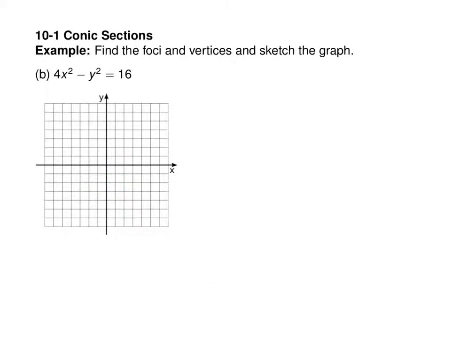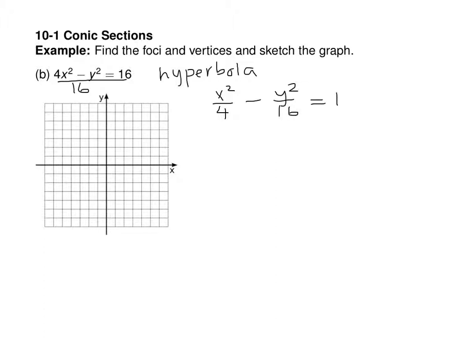Now in this next example, we have 4x squared minus y squared, and that changes everything, and actually is going to make this into a hyperbola. Before we graph the hyperbola, we need to make the equation equal to 1, so let's divide by 16, and that gives us x squared over 4 minus y squared over 16 equals 1. So we need to find the vertices and the asymptotes of this hyperbola. We're going to have vertices at plus or minus 2,